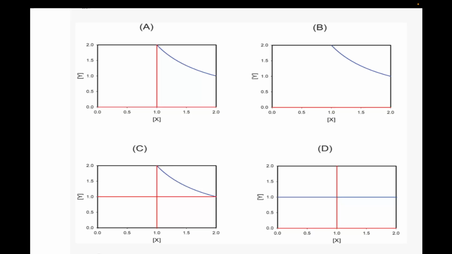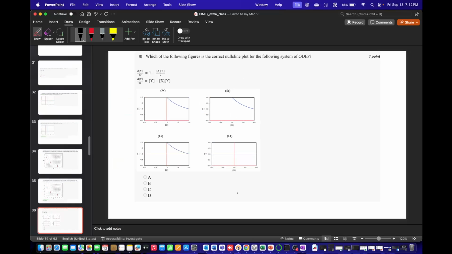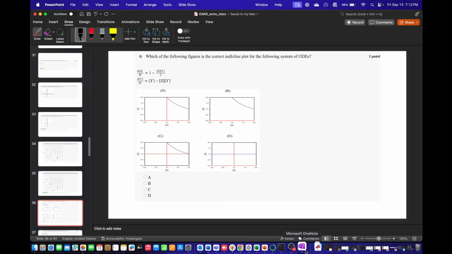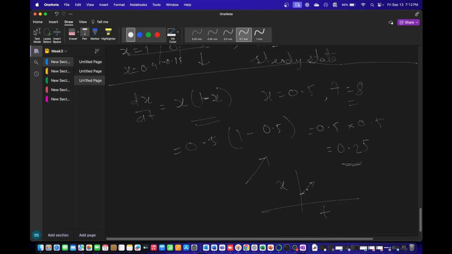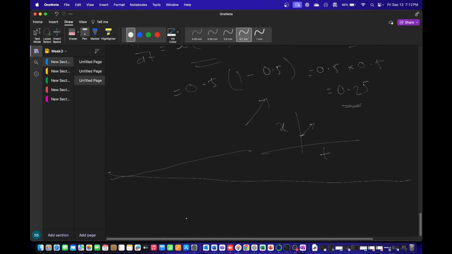Option C. Option C. Let's check it. I think option A. Let me check it, I also have to check. So, let me write down the equations here. Okay, so